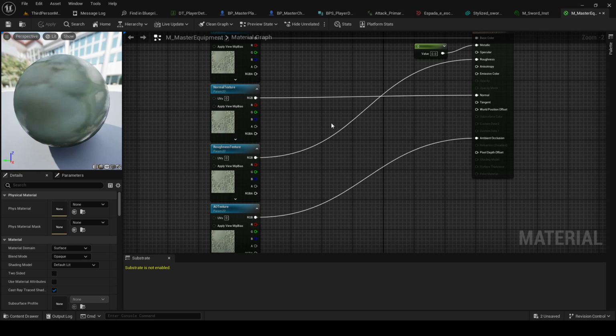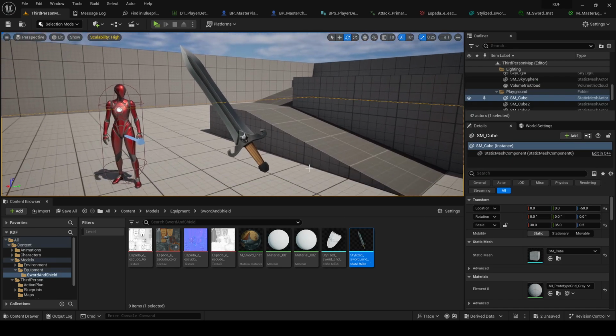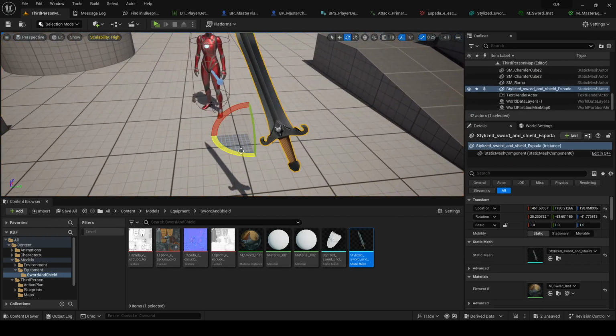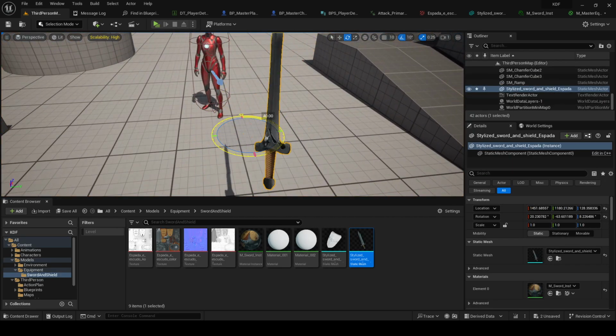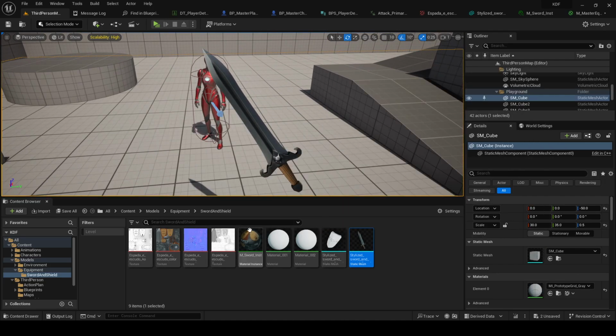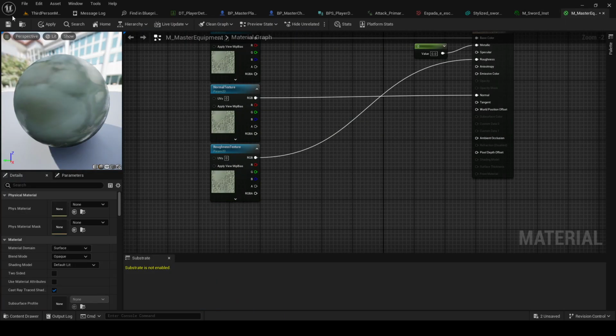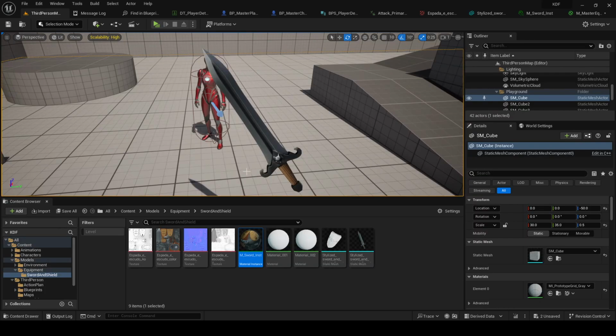Is it the ambient occlusion or the specular? Yeah, it looks better with the AO, I think. Yeah. So I will skip the ambient occlusion texture. Not sure if it's needed or not, but